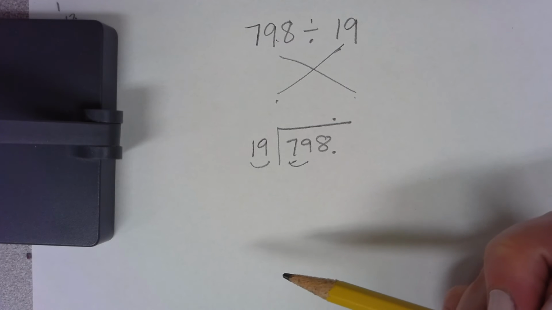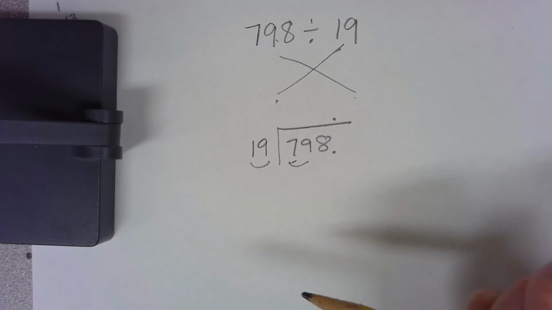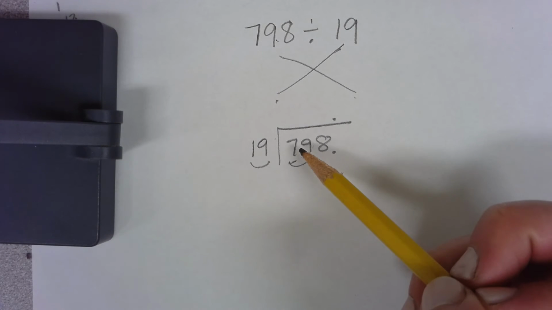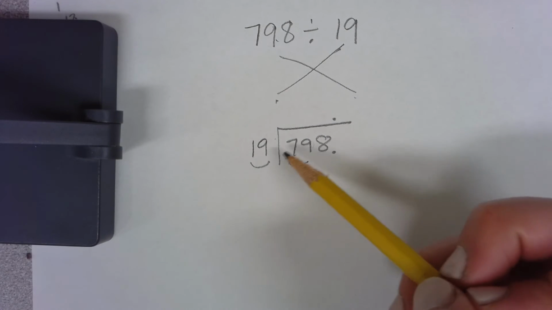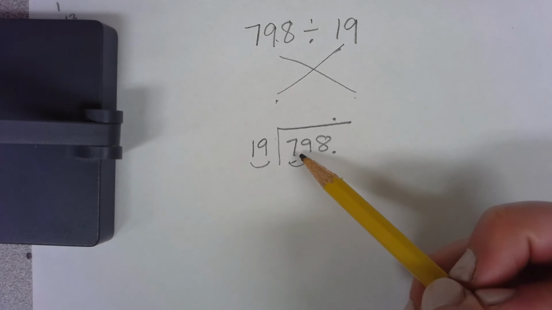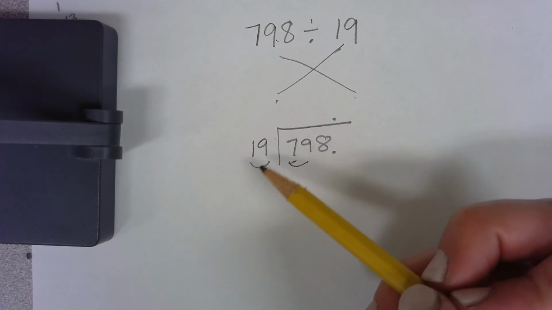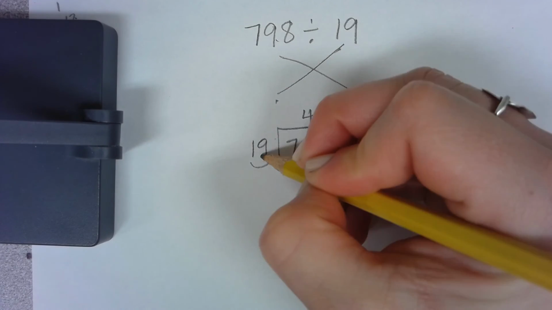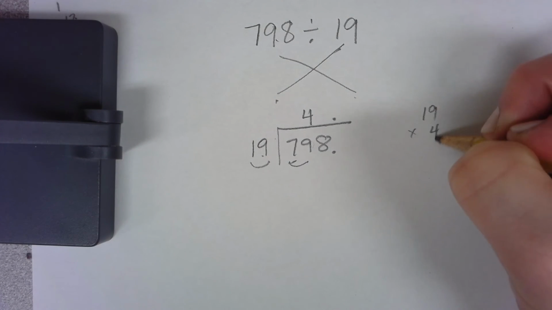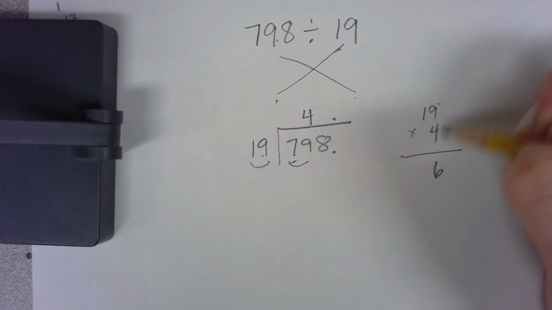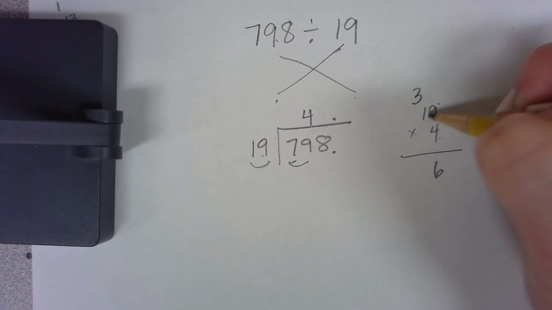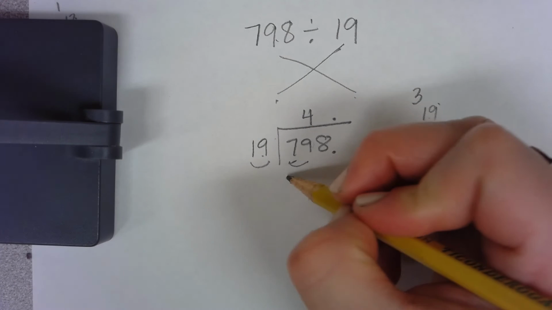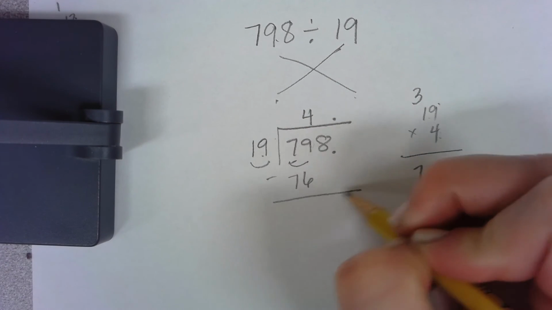Now that is me kind of doing quick estimating or mental math because I know this is pretty close to 20 and I know this is pretty close to 80. So if I do 20 goes into 80, we might actually be able to do 4 times because 20 times 4 would be 80. So let's try 4. 4 times 19, 19 times 4 would be 36. 4 times 1 is 4 plus 3 is 76. Okay, so now that I know that 19 times 4 is 76, I can subtract and I get 3 left